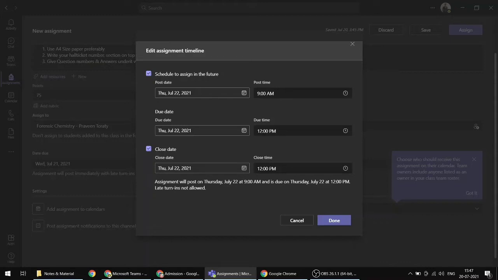So at 9 o'clock the students will be able to see the question paper, and at 12 o'clock they need to complete the exam, right?